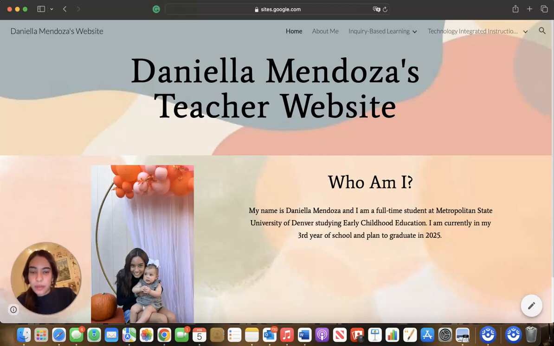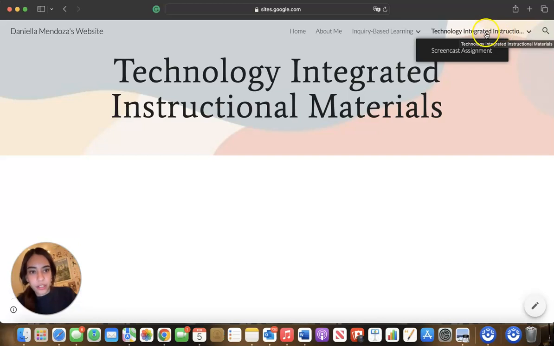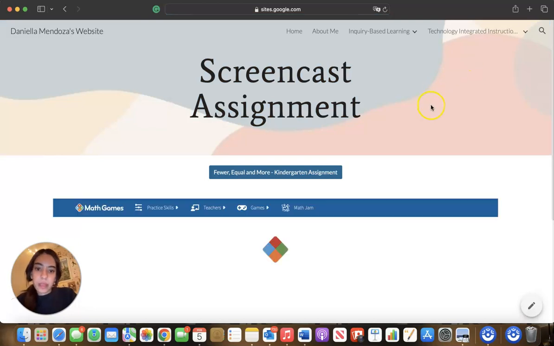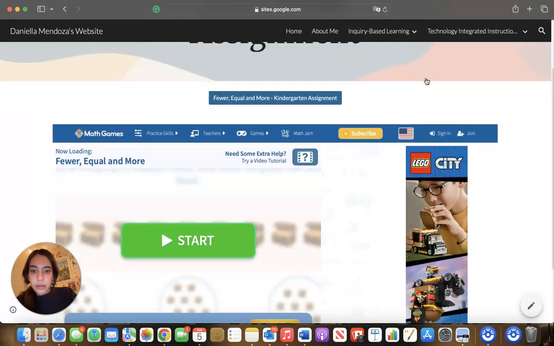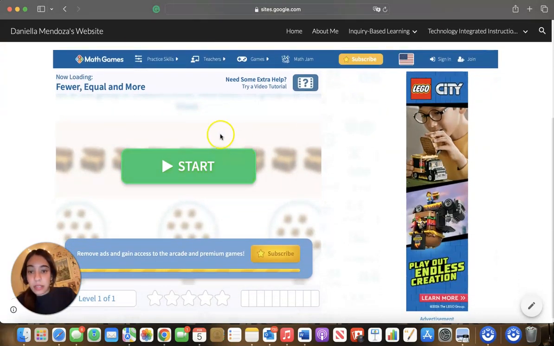Hello, today we are going to be going over the fewer, equal, and more assignment. So first we're going to start off on my web page. We are going to hover over Technology Integrated Instruction and click on Screencast Assignment. Here you will find the assignment,